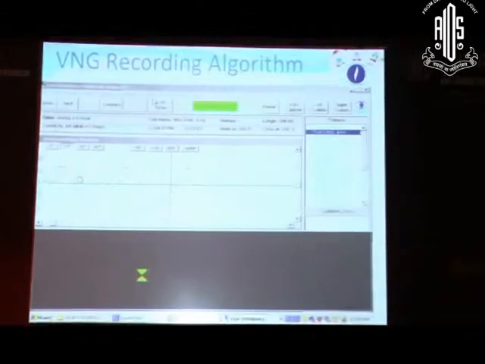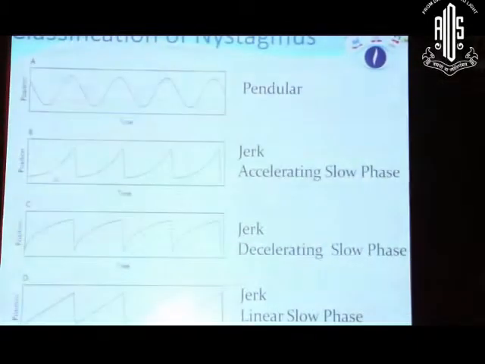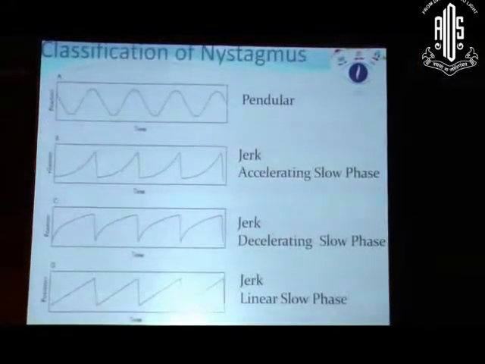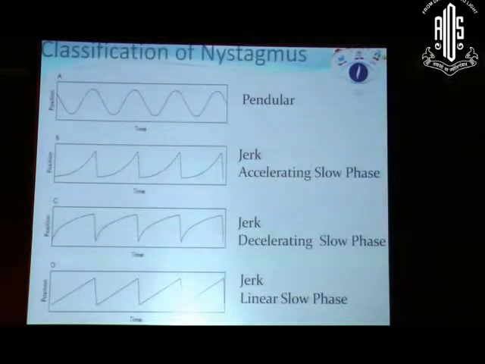The machine itself will tell you the presence or absence of abnormality in terms of the velocities, and it will tell you about the intensity as well as frequency. But there are few things which you will have to read yourself, like this one. You need to have the differentiation of the quality of nystagmus. That means, in the first panel you are seeing pendular nystagmus, which can be seen in infantile nystagmus syndrome or more frequently in pathological nystagmus, especially when associated with certain additional features like asymmetric nystagmus or disconjugate nystagmus.